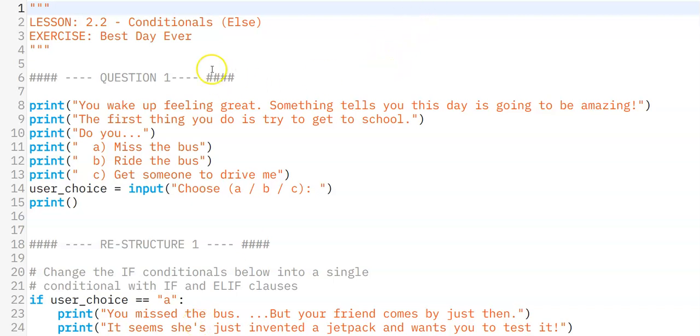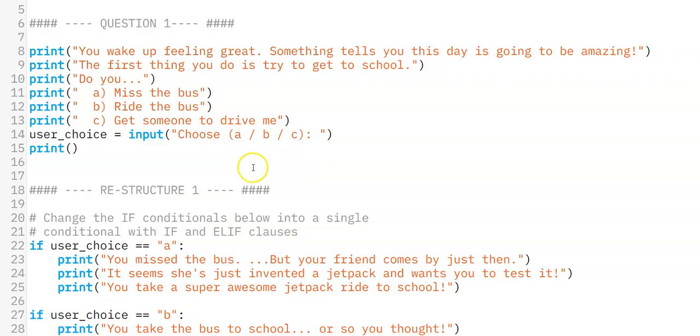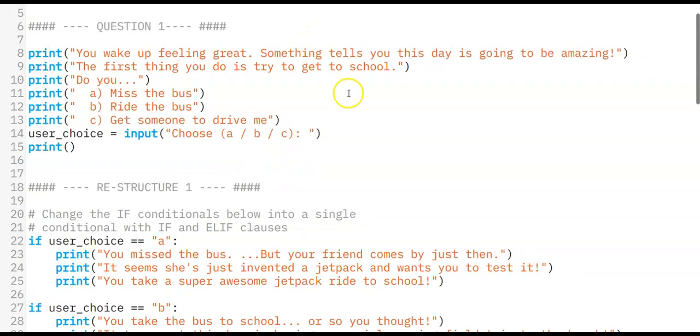Hello, in this video we're going to go over lesson 2.2, conditionals else. This is the exercise best day ever. And this one here has a lot of code already written for us. And the program works. The only problem is it's just not written correctly, because what we have here is a bunch of print statements. This is kind of like a quiz thing, asking you some questions, and you're going to choose